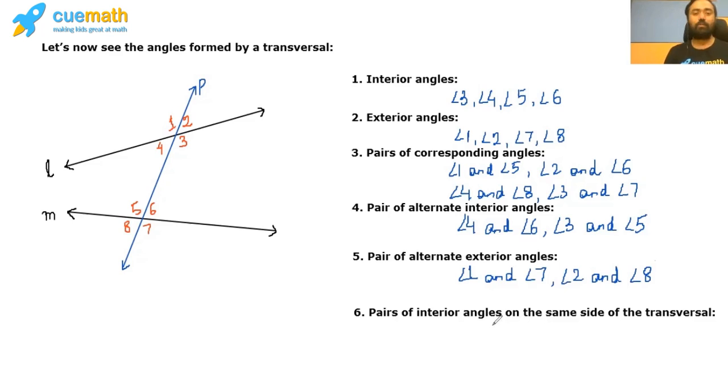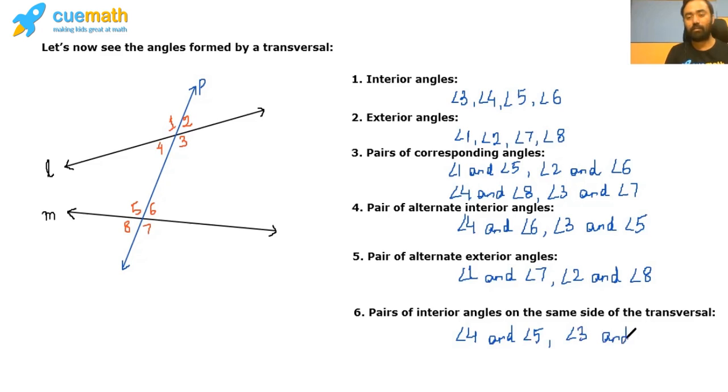The last category is of pair of interior angles on the same side of the transversal. So angles which are interior to both the lines, but they are also on the same side of the transversal. So angle 4 and angle 5, both of them are on the same side of the transversal. Also, they are on the interior part between the two lines. So the first pair would be of angle 4 and angle 5, and the second one would be angle 3